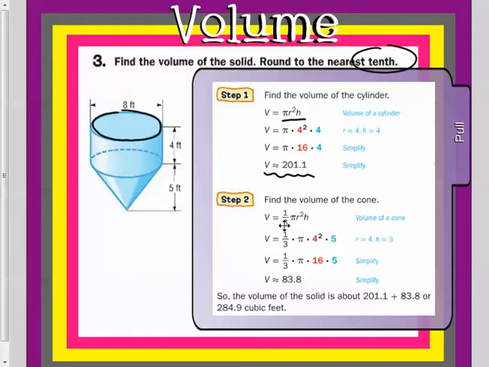Then find the volume of the cone, 1/3 pi r squared times height. Again, same thing here, squared my 4, and I got 16. Took it times pi, times 1/3, and times 5. And I got approximately 83.8, because again, they told me to round to the nearest tenth. So this is a composite figure. It's made up of 2 figures. To find their total volume, I added them together, 201.1 plus 83.8, and I got 284.9